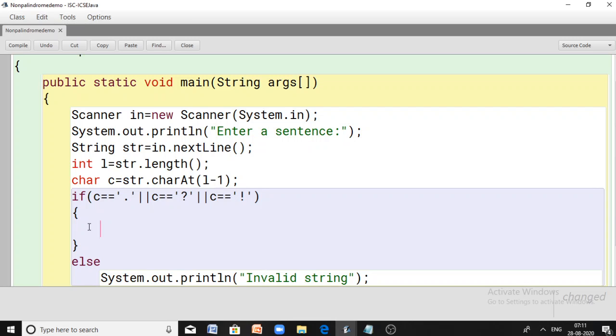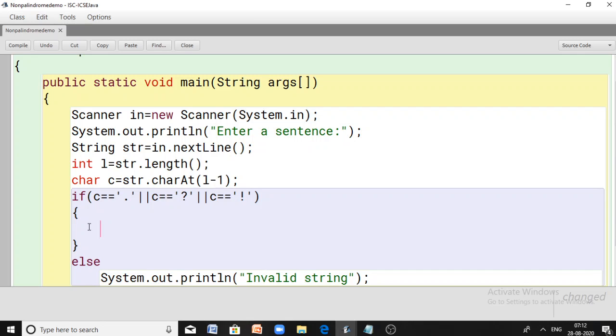Now here I already checked whether it is ending with a dot or question mark or exclamation mark. So the termination character is not required again in the final word of this sentence. So what I do is exclude the last character. Once it is checked for its validity, I am excluding the last character. How can I do it?